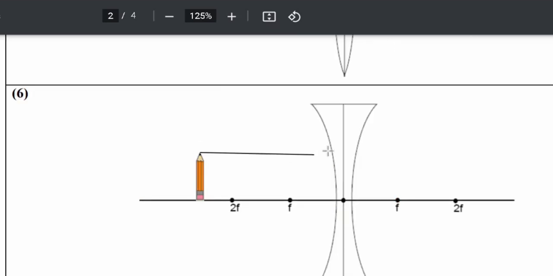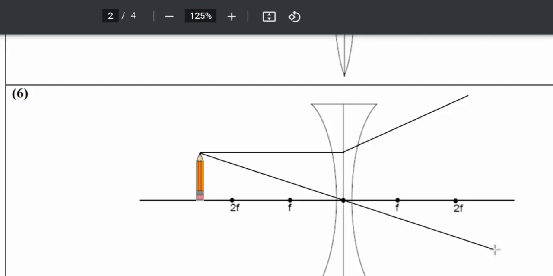Now let's have a look at a divergent lens. Instead of the rays bending towards the principal axis, now the light rays are going to move away from the principal axis. So if your light ray is parallel to the principal axis, it's going to diverge away from the principal axis. But the rule for a light ray passing through the optical center will remain the same. It will not refract. Now, over here on the other side of the lens, very obviously, the light rays are not intersecting. So again, they're going to intersect on the same side of the lens. You can see at which point they're intersecting, and the image is much smaller than the object.